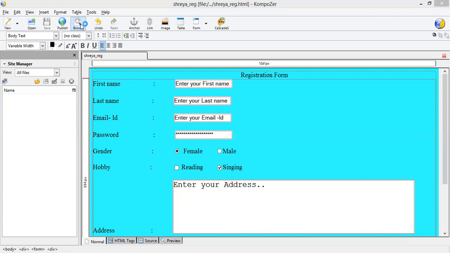Then you have to choose your city. Then if you have an image, you can choose the image from here. Libraries, pictures. Right now I don't want to choose any image. I just click on the submit, then it will submit.